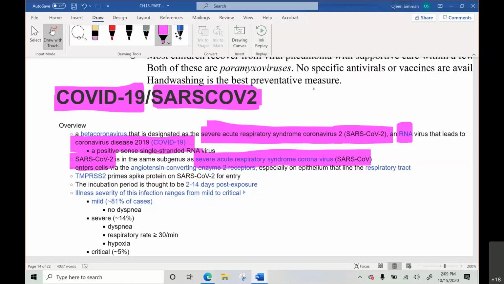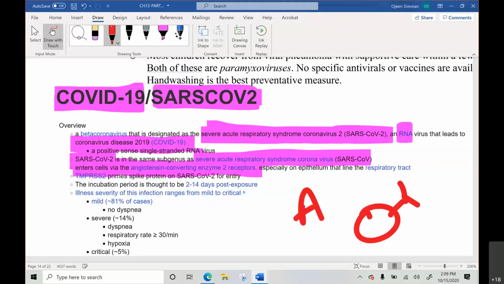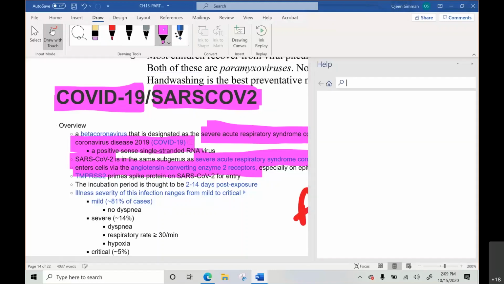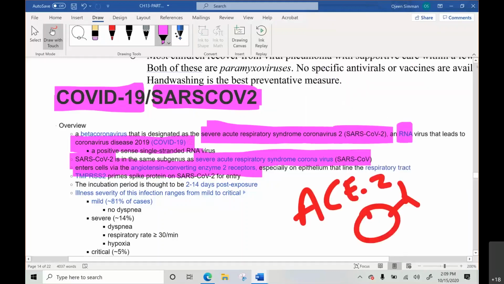That's it. Okay, I want you guys to know that the SARS-CoV-2 virus attaches and enters cells by attaching to the receptor called angiotensin converting enzyme 2 receptor, also abbreviated ACE2 receptor. This receptor lines the